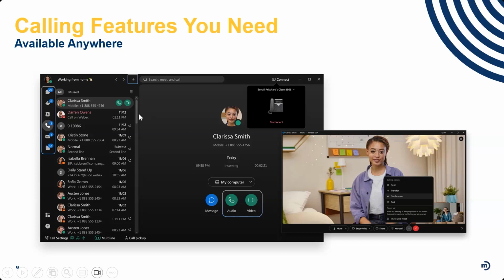So the window that's actually showing on the screen right now is the calling screen. The next one down is going to be our voicemail option. So you can see all your voicemails. And then the last one's going to be our calendar integration. So again, it'll integrate with like your Outlook or Office 365 account to pull in all your meetings in one spot so you can see what's going on.